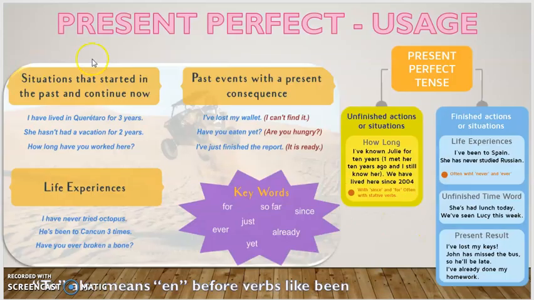Remember that the present perfect can be used for situations that started in the past and continue now. Okay? Situaciones que empezaron en el pasado y continúan ahora. For instance, I have lived in Querétaro for 3 years. Yo he vivido en Querétaro por 3 años. Okay, so it means that I started, for example, in 2017